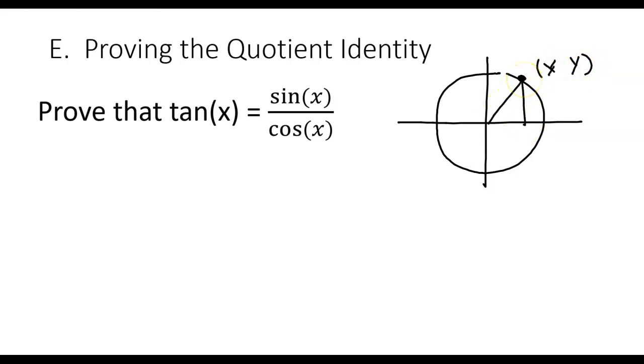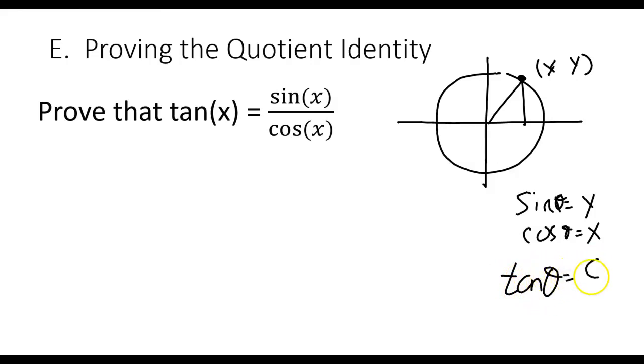You may also recall that sine is equal to the y value and cosine is equal to the x value, right? Now you may also recall that in SOHCAHTOA, tangent is opposite over adjacent, right? So if this is my angle, this is my opposite side, this is my adjacent, which just so happens to